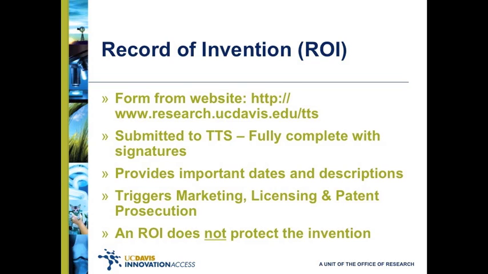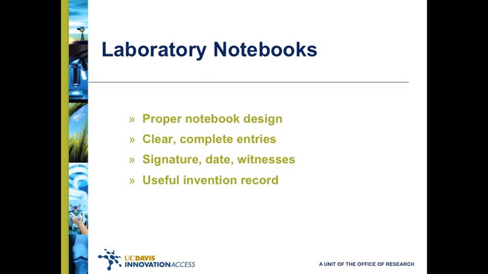If the Tech Transfer Office has determined, along with consultation with the inventor, that a patent is not going to be filed, then the inventor will be free to publish without any concern because there will be no intellectual property to protect. Laboratory notebooks oftentimes provide an excellent source of the invention description, the date of invention, and who actually was the inventor. Therefore, clear, complete entries that are witnessed on a routine basis provide a useful invention record.